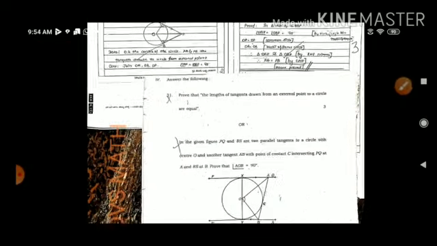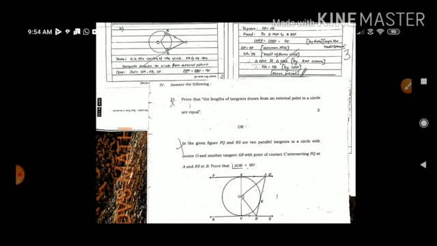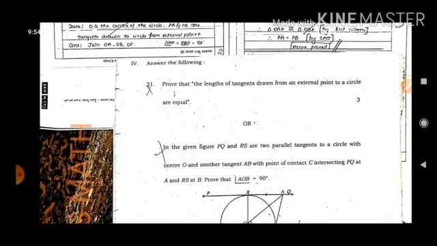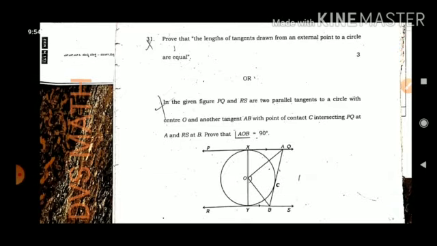So let's go to the next question, 31, and here there is an option. Observe the option here. Prove that the lengths of tangents drawn from an external point to a circle are equal. Or they gave one circle problem. Definitely here there is a chance of a choice between theorems, where you have to write theorem 1 or theorem 2, or there will be a choice between a theorem and a problem. So definitely the theorem will be the definite question. If you practice the theorem, you can attend the theorem question itself. Here no need to attend the problem question, directly go for the theorem question.